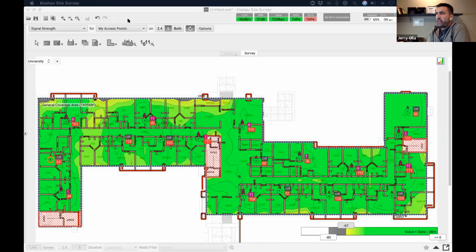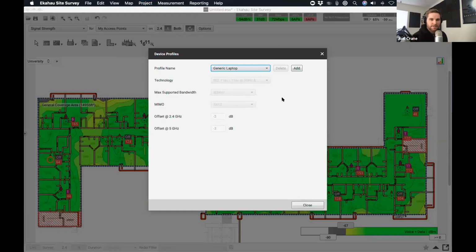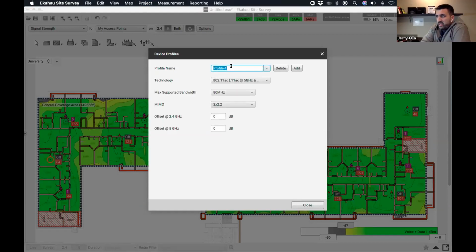Okay, so Eric asked about explaining the offset. When we create those device profiles, we input an offset for 2.4 and an offset for 5 gigahertz, right? You want to pull that up one more time real quick, Joel? Yeah. So when we create these device profiles, you can see the generic ones have some predefined offsets for 2.4 and 5,